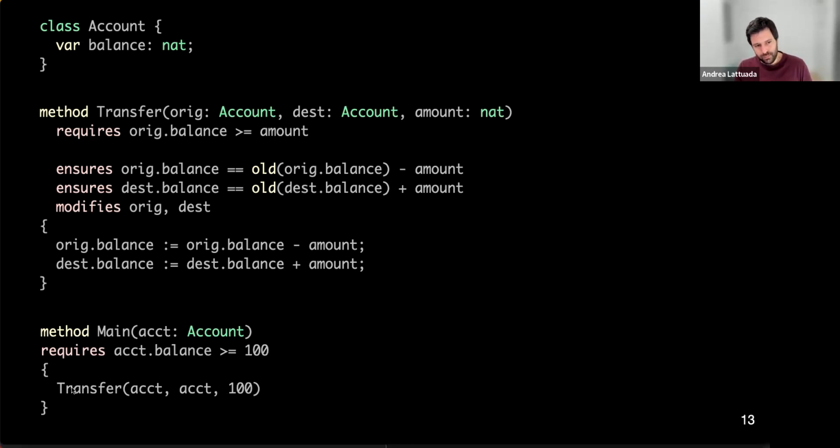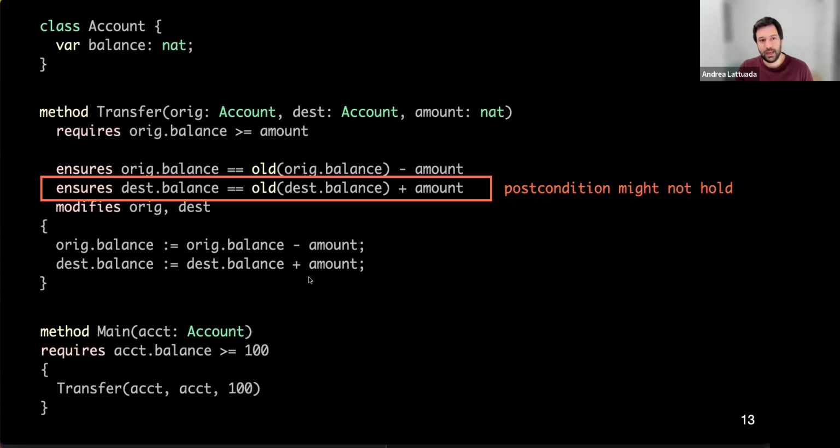So you can see here, I'm doing something sneaky, which is calling transfer with the same account. And you might realize here that if we did this, the specification of this function would actually not be true. And this is in fact caught by Dafny, which says the postcondition here might not hold. However,